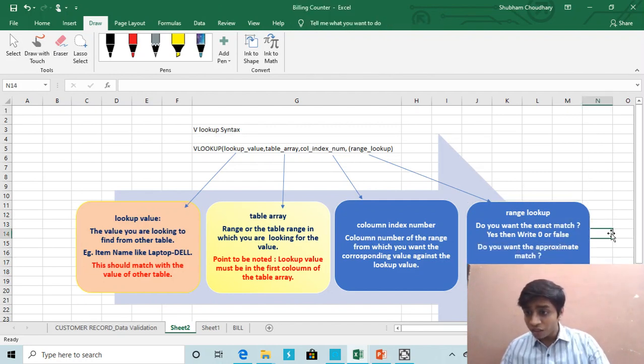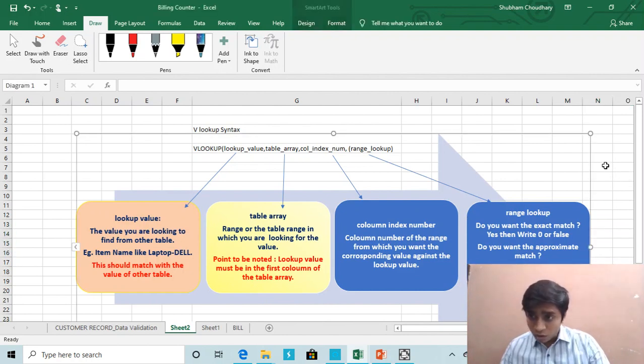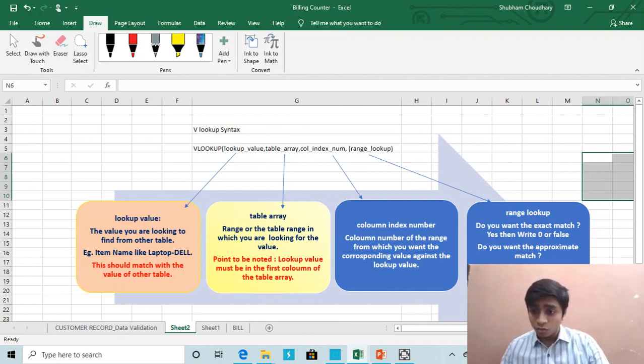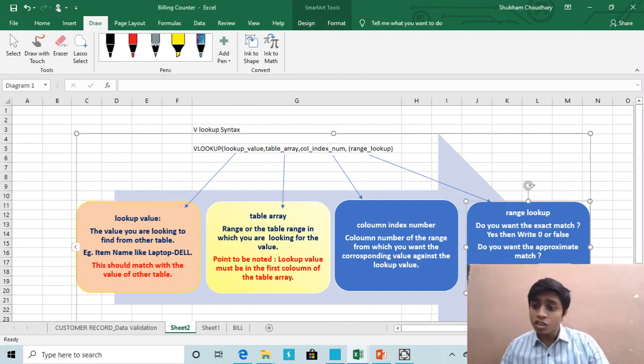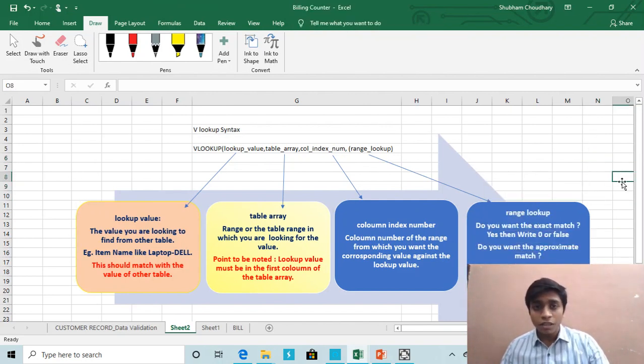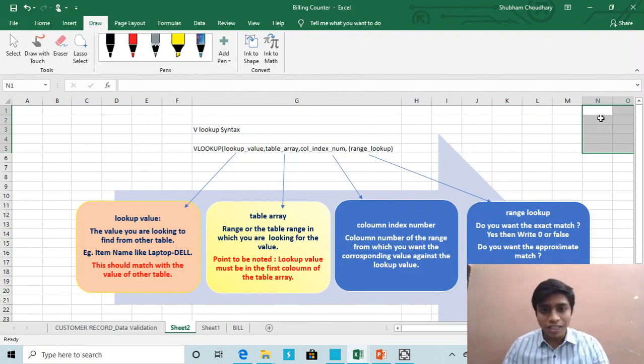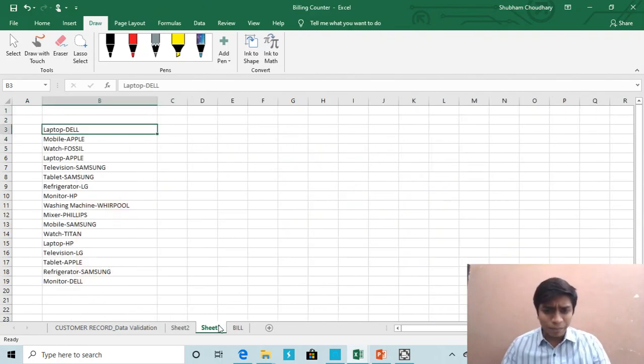Means if the values do not match exactly, then also Excel will return me a value, but it will be an approximate match. Somewhere nearby value within the sheet would be found, and Excel will return me that value against the lookup value. Let's see the example.